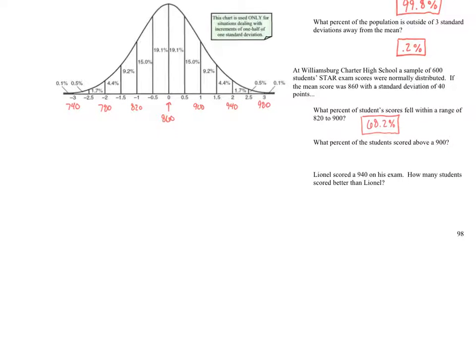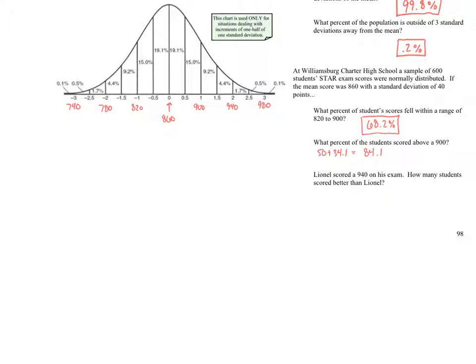What percent of the students scored above a 900? So now we're talking about one standard deviation above the mean and everything above that. So we're going to add up our 9.2, our 4.4, our 1.7, our 0.5, and our 0.1. Or what I think would be a little bit easier is I know that this is 50% of my data. So there's 50% plus 34.1. And that's going to be all of the percent that's not included in that, right? So I have 50% of my data, plus another 34.1%, and I'll write it out here. 50 plus 34.1 is going to give me